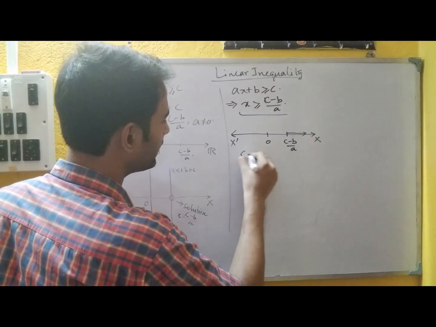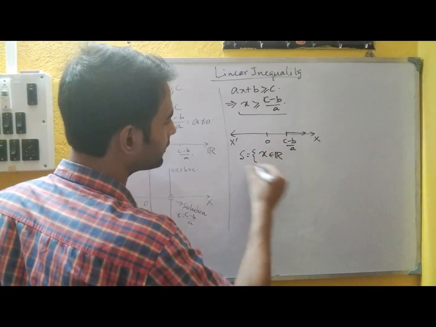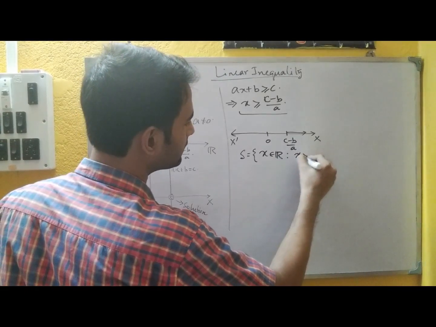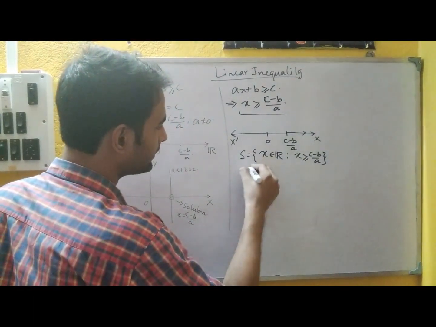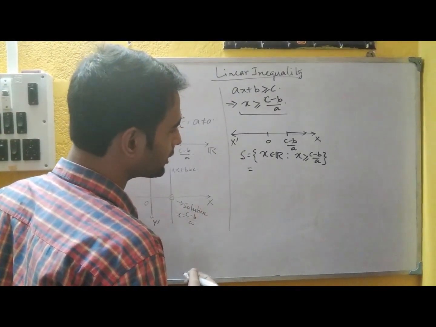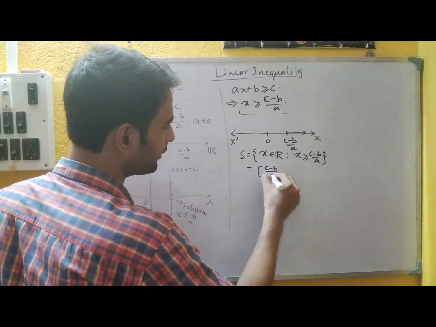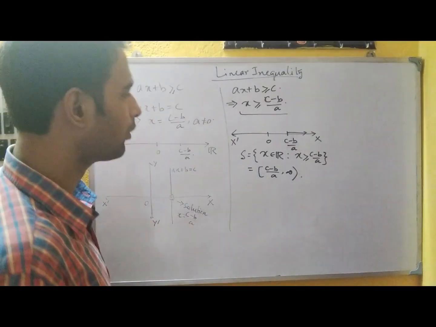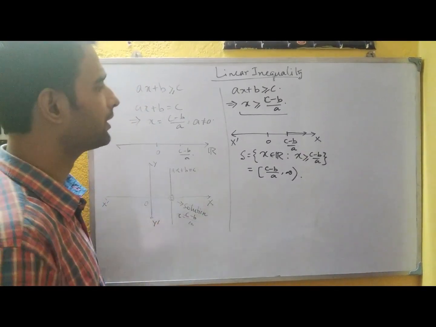So as a solution set, if we call the set S, then it will be the set of all real numbers x where x is greater than or equal to c minus b by a. In sets, we have seen this kind of interval; this kind of set is called a closed ray, and that can be given by this notation: third bracket, c minus b by a, comma infinity, first bracket. So that's how we get the solutions for this kind of inequalities.